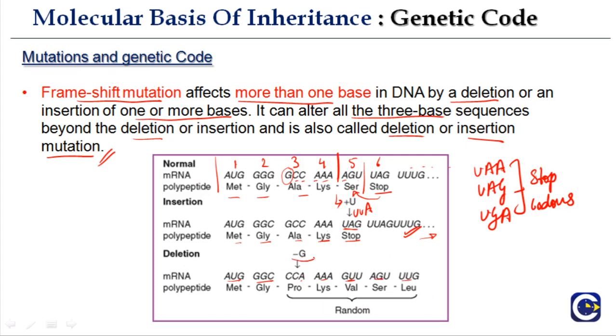Now, because of deletion of one nucleotide, the whole frame has shifted and randomly all these nucleotides are added. And ultimately, this will change the structure of the original protein, that can lead to a lot of problems. So, this is how frame shift mutation occurs by addition. The most important point that you have to take from here is how this codon sequence is a triplet and how it is read without any punctuation, so that even if there is a deletion or addition of a particular nucleotide, the codon sequence changes accordingly.